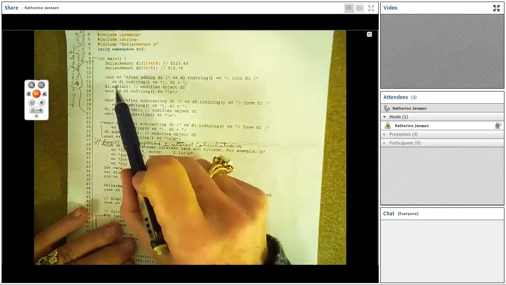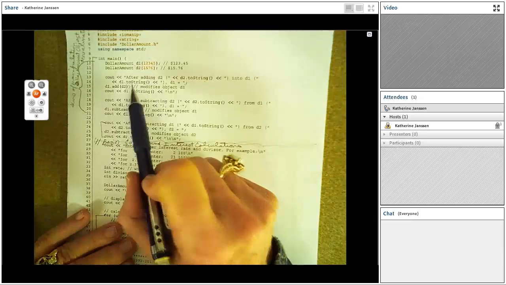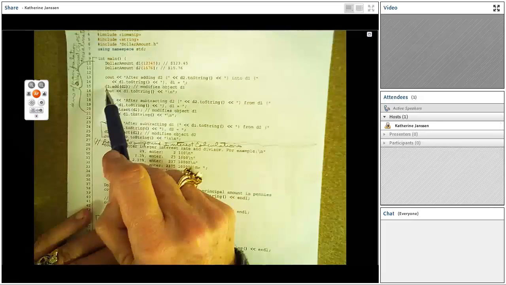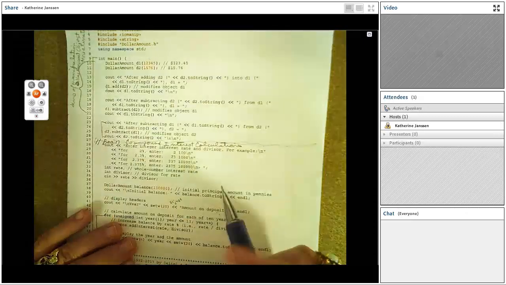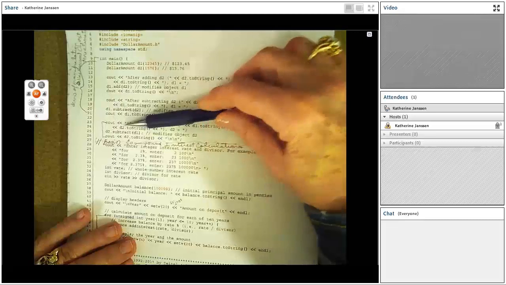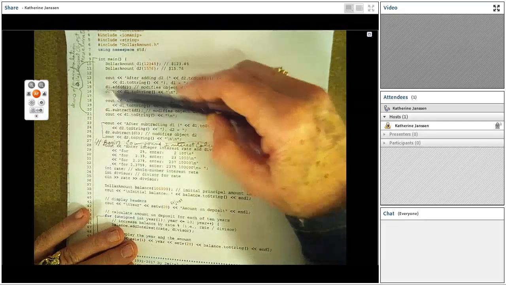Here we'll be adding the current value of D1 and D2 and reassigning D1.amount to that sum. So this first part of our interest.cpp driver, lines 1 through 20, is just a demonstration of